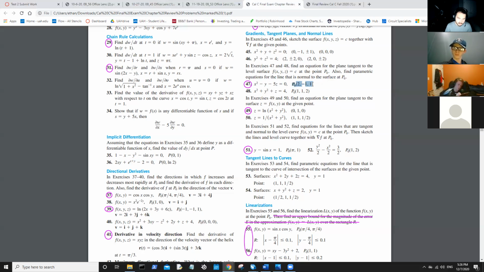Yeah, so the line that is normal to the surface at P0 is simply the gradient of the surface, which will spit out a vector. And then we simply have to parameterize the vector, which we know how to do. We've done that before. We know how to construct a vector from parametric equations of x, y, z, and we know how to do the inverse. So same vector here. It's going to be 4i minus j minus 5k. So there's our vector, because that's the gradient. That's our line. And then parametrizing this,